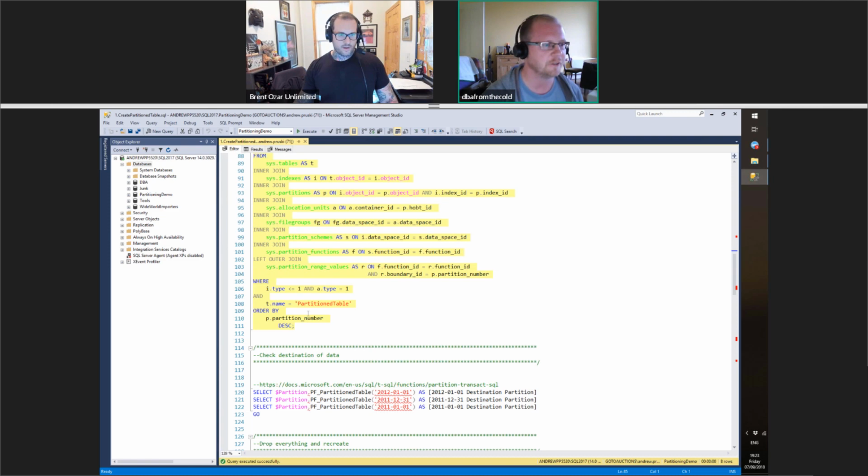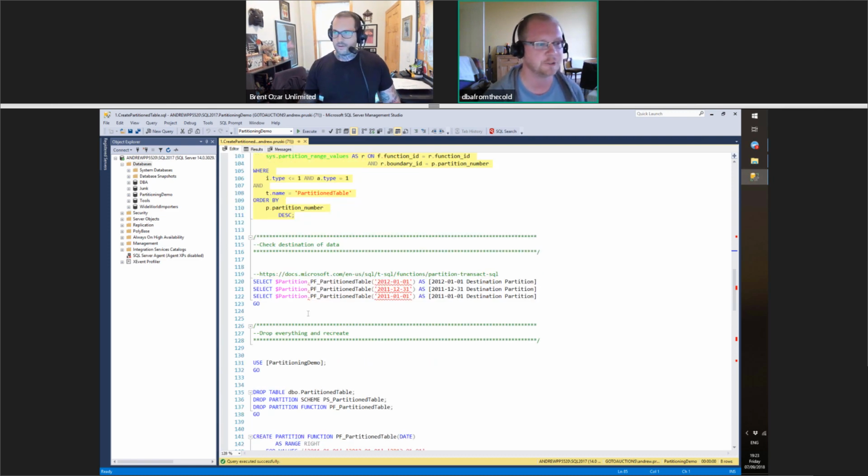Now there's a nice little function when it comes to partitioning, which is $partition, which will allow us to check the destination of any data that we want to insert into our table. So I've got 3 values here: the 1st of the 1st, 2012, the 31st of the 12th, 2011, and the 1st of the 1st, 2011. I can use this function to see which partition of my table this data, if inserted, would end up in. So if I hit execute,